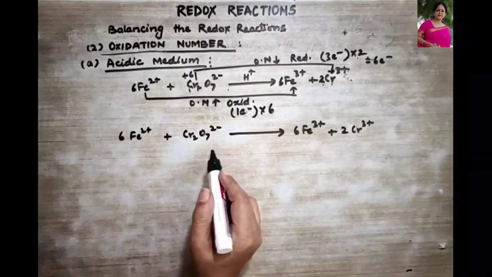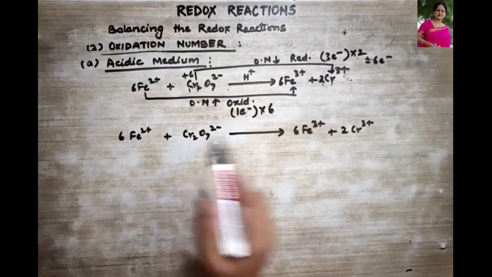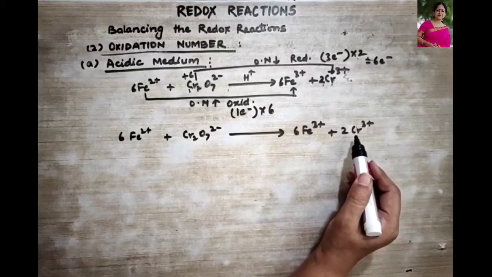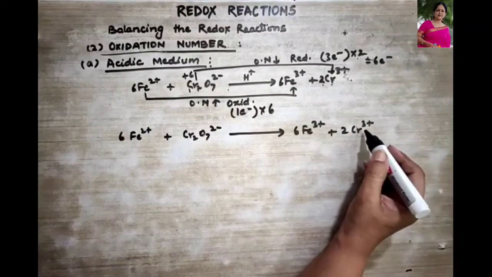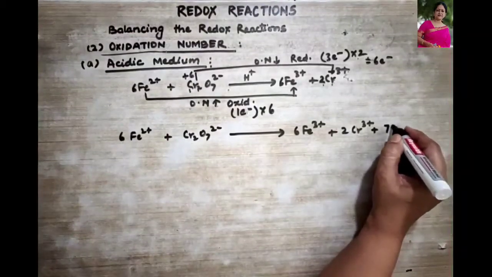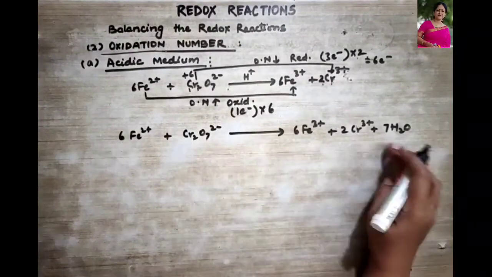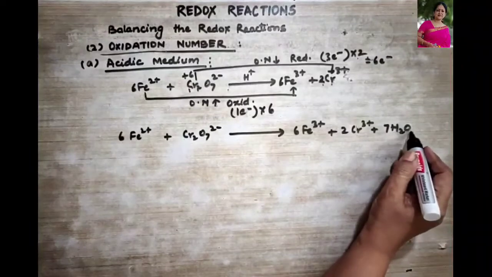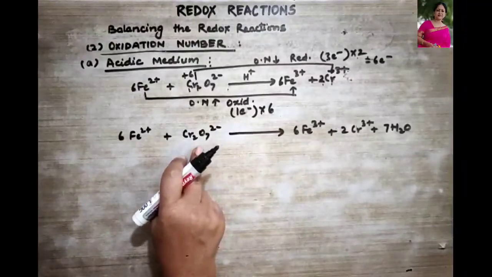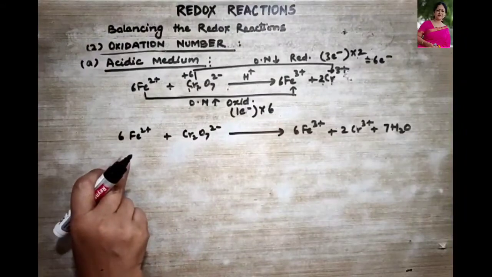right? So now look at this side. How many oxygen atoms are here? 7 oxygen atoms are here. On the product side, there is a deficiency of oxygen. That means oxygen in the form of water has to be added on your product side. How many? 7. So what do we do? Plus 7 H2O. We have added 7 H2O. Now 7 oxygen this side, 7 oxygen this side. But while adding 7 oxygen, now what has happened? Hydrogen is deficient over here now. It is how much? 7 twos are 14. This is deficient on your reactant side.